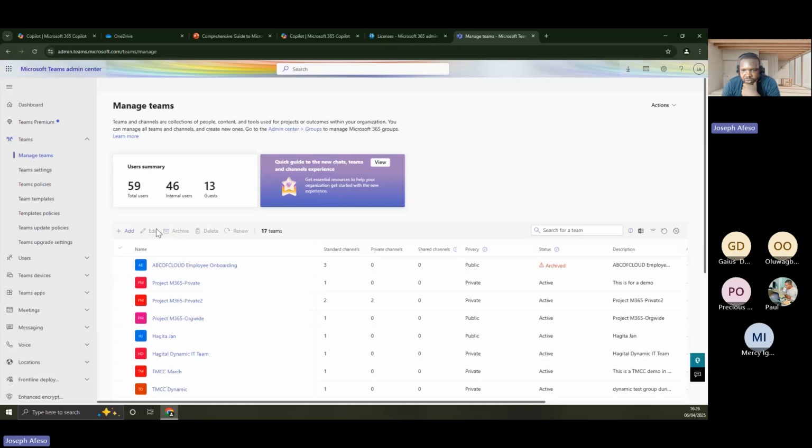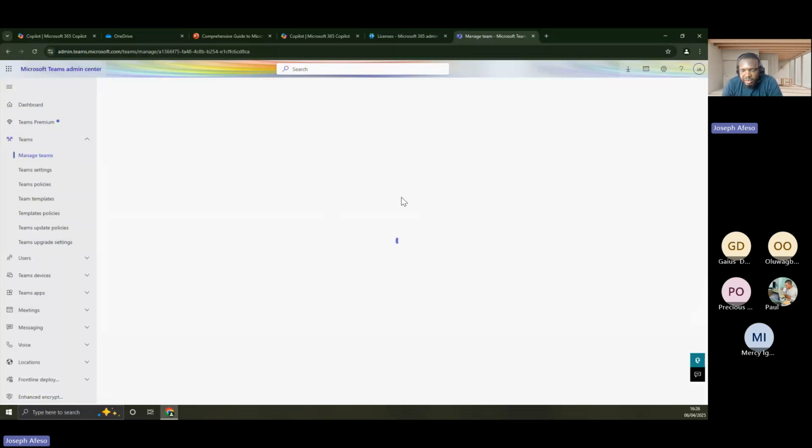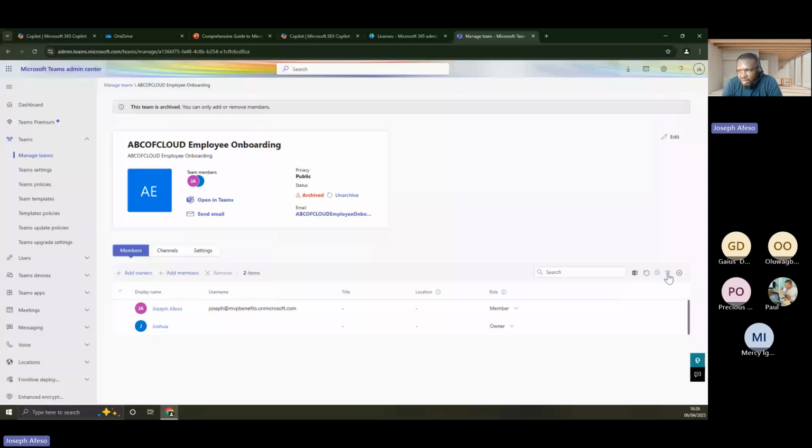Then we came to converting a team from private to public, and we confirmed that you cannot convert private channels to standard channels, neither can you convert a standard channel to a private channel. But you can do that for teams by coming here, and then there should be a way we can set our teams and get into